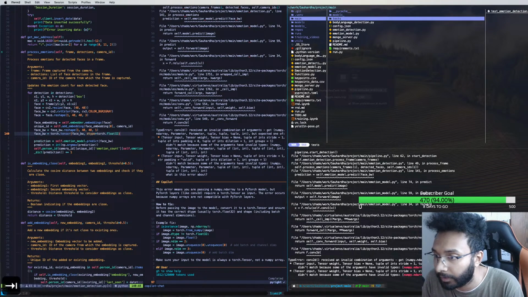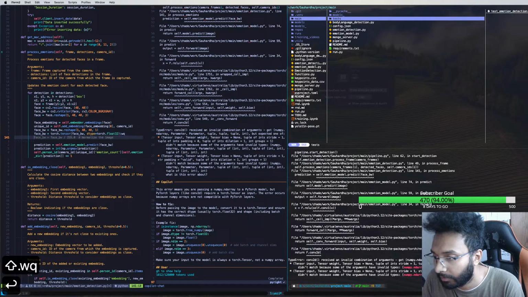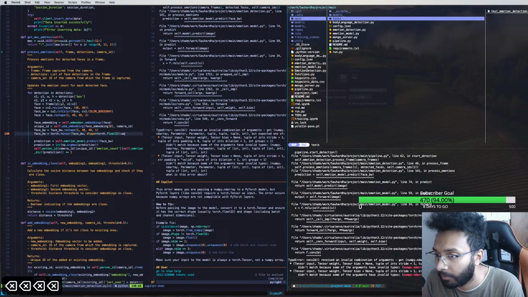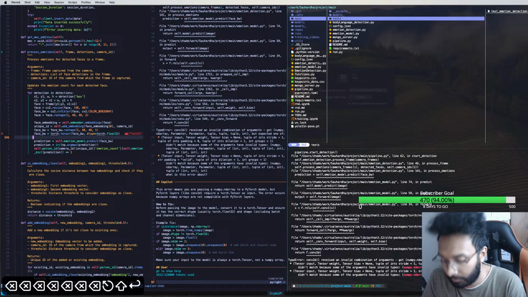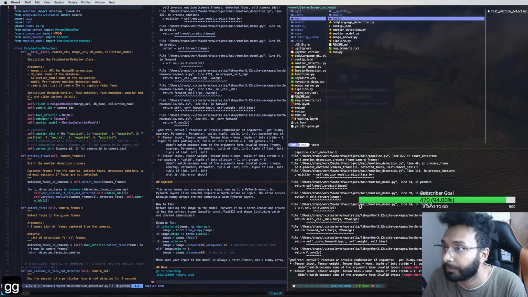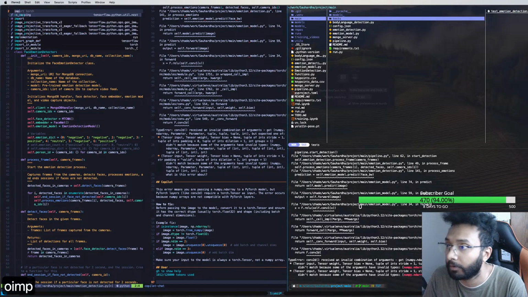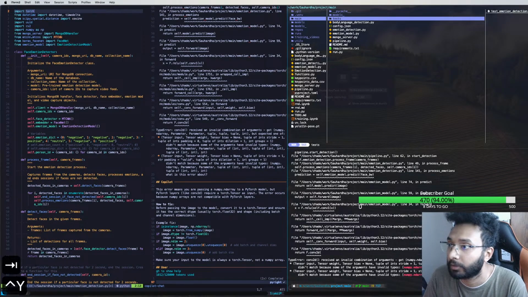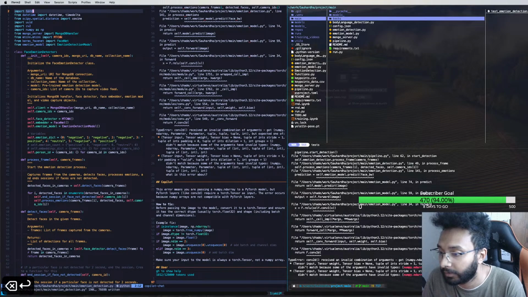So tensor should be the way to go. Torch is not defined. Let me import torch and escape, save it,